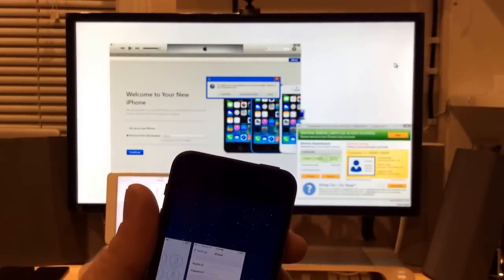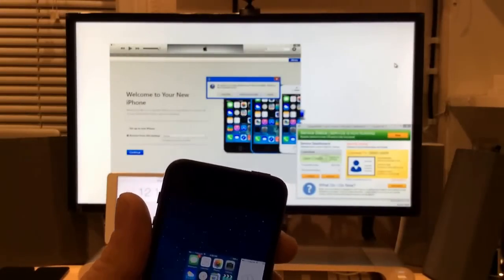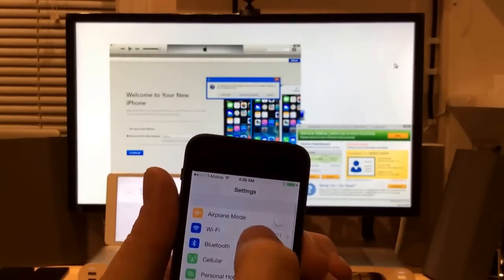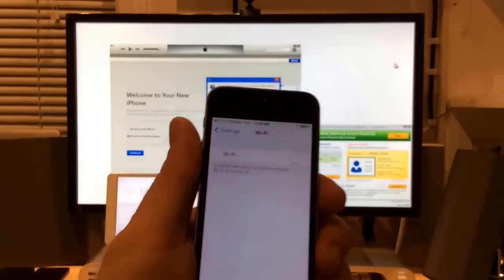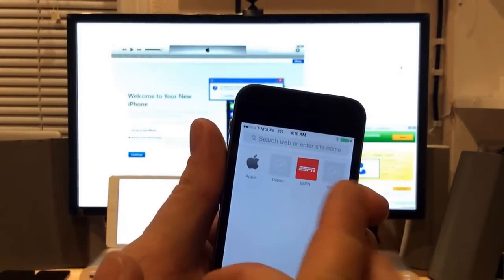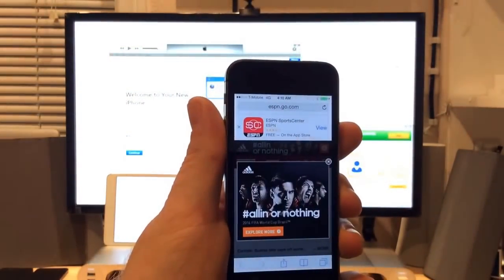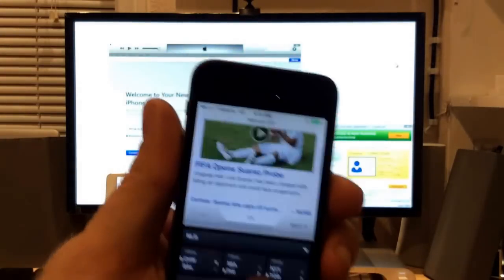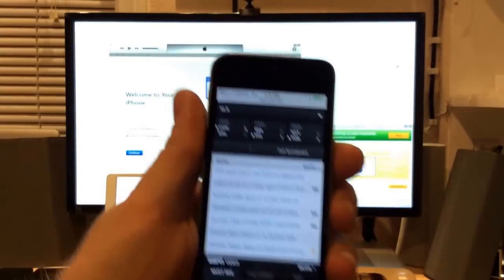Let's disconnect from the internet and try going online. Now notice, guys, I have not done anything but run GadgetWide. Let's go to ESPN.com, for example. There we are. ESPN.com loaded just fine on a